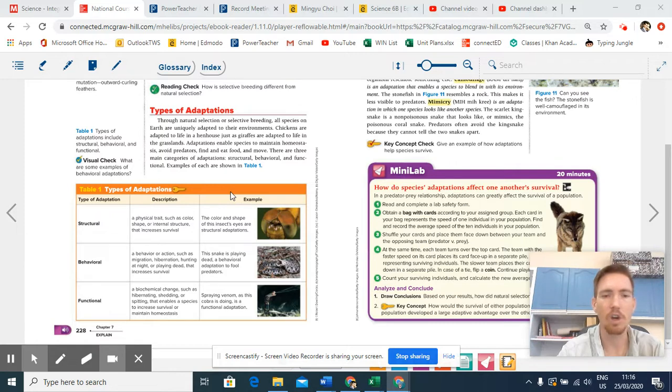The example here is a cobra spitting venom. Now, obviously, it's going to have some sort of structural adaptation in order to have the ability to spit venom. Okay, but it's really just how does it use that? I think a great example of this would be a cheetah's speed. If you think about a cheetah, it's not fast because it exercises a lot. It has very special anatomy, very special bones, very special structure that helps it to actually reach those speeds. Okay, you and I will never reach those speeds. We don't have the shape to do it, but a cheetah does,